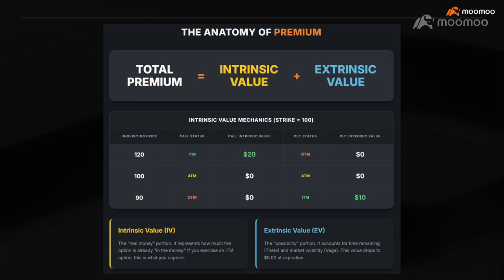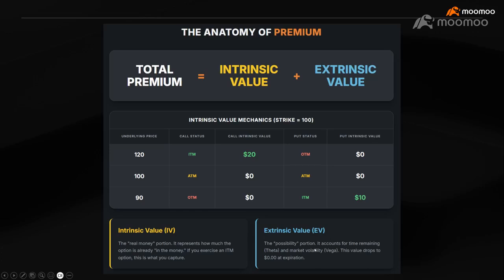Remember the probability story I told you guys? The 4 days versus 2 days: if a stock at $100 wants to go to $120, which has the higher probability, 2 days or 4 days? Of course, the 4 days has the higher probability because it has more time to travel above its strike price. So this explains why the less time there is, the lower the premium will be, because of time decay and the probability perspective. And another thing is the volatility, also because of the probability.